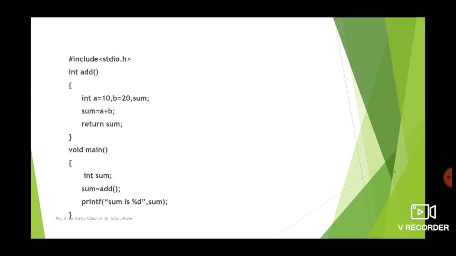Students, I hope these four categories are clear to you. So when you say function does not return a value, the return type has to be void. If the function is not taking parameter, the parameter list has to be empty. If the function is returning a value, then the return type can be anything other than void. What type of value the function will return, its data type you need to write. And if the function is taking parameter, then when you call the function, you need to pass the required data.